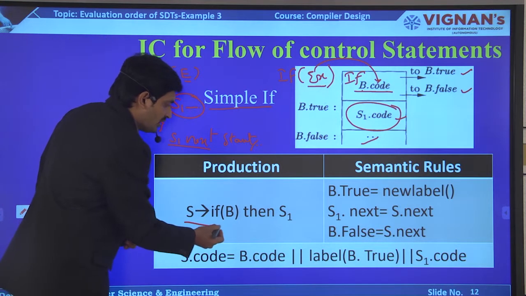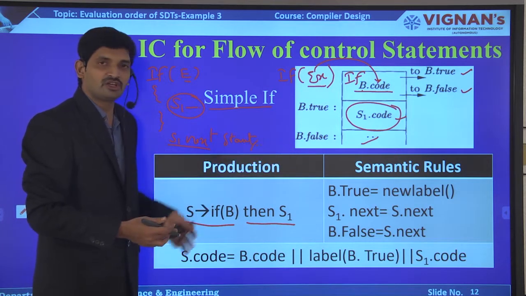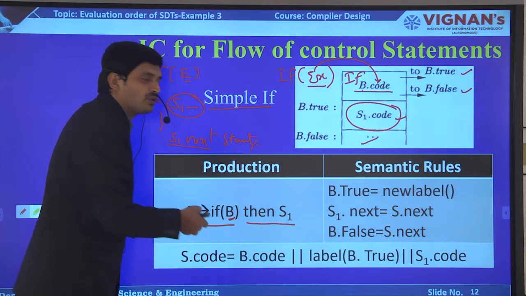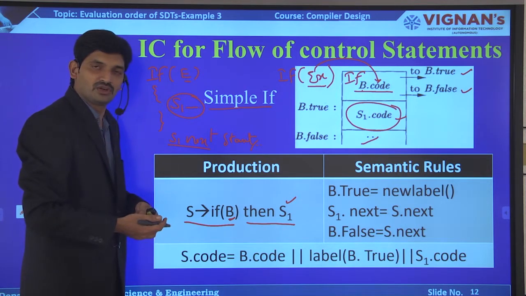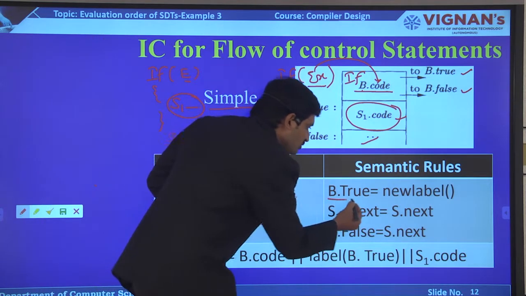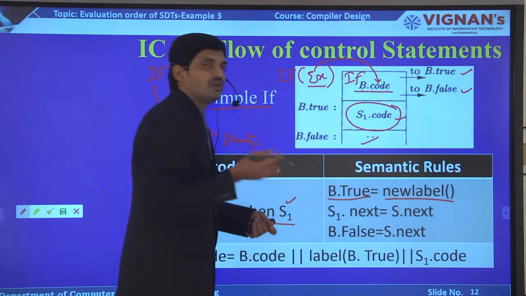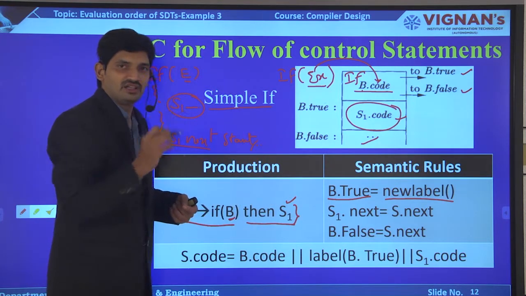Come to this production. S tends to if b then S1. Now we are going to generate the semantic rules. If this b is true, what are we going to execute? No doubt at all, we have to execute S1. So when b is true, we write a new label. That means we are going to execute the S1 statements inside the if block.